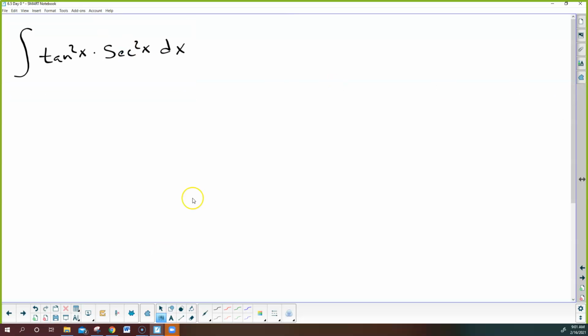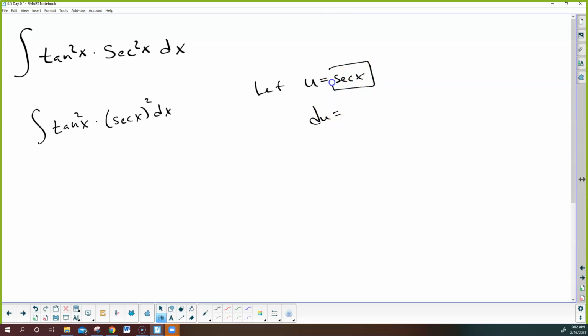because this happens every year, so don't write this. Please do not write this. But what if I tried something else, right? What if I tried this, where I said, oh, wait a minute, why can't I let u equal secant of x? And then du would be the derivative of secant, right? So what if I accidentally picked the secant instead of the tangent? Well, watch what happens. The derivative of secant is secant tangent